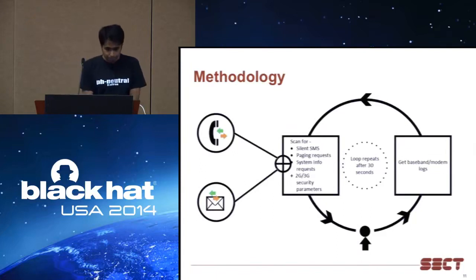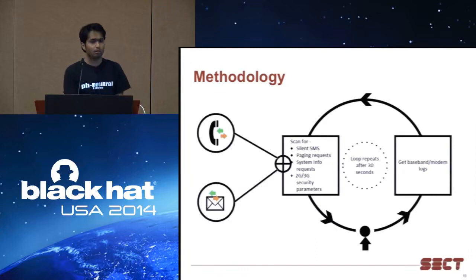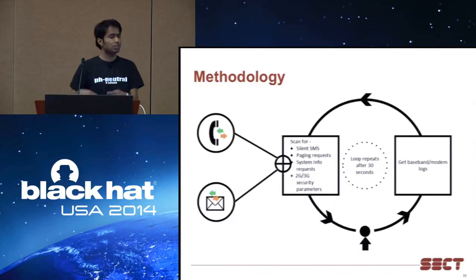So basically, it gets the baseband log, first of all. Then we scan for some of the parameters that are essential for us to detect, like silent SMS, paging requests, system type info for the base station. Then we also collect 2G and 3G security parameters. And this loop always runs once per minute. So after 1 minute, this loop repeats itself and we collect the data as it is and record all that